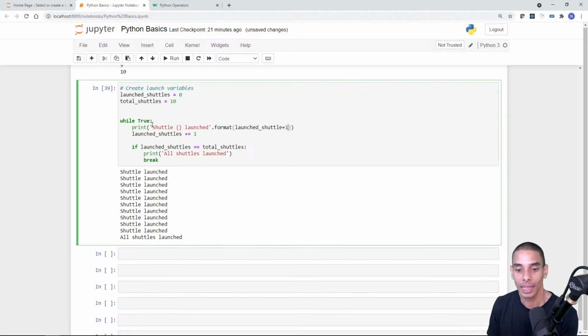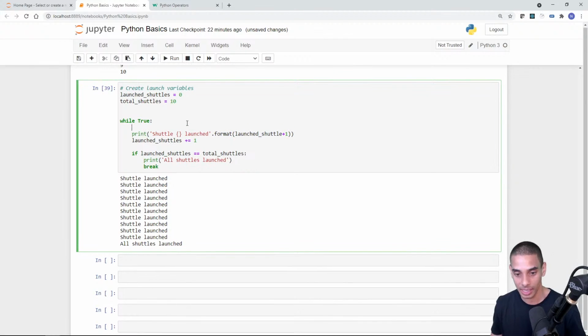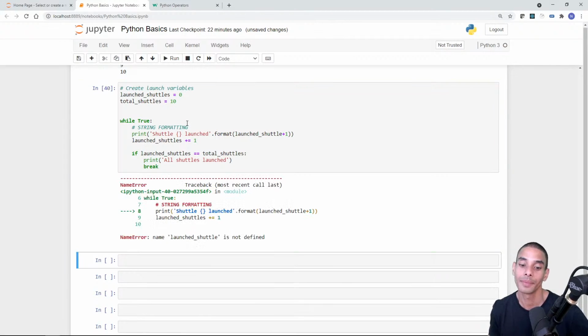So let's actually take a look at what we did there. So we've still got our standard string, but we've applied these squiggly brackets inside of it. And then we've used the .format function over here, or .format method, to actually pass a value into this string. So this is known as string formatting, right? And it makes it just a little bit easier to inject values into your string. So if we go and run that now,